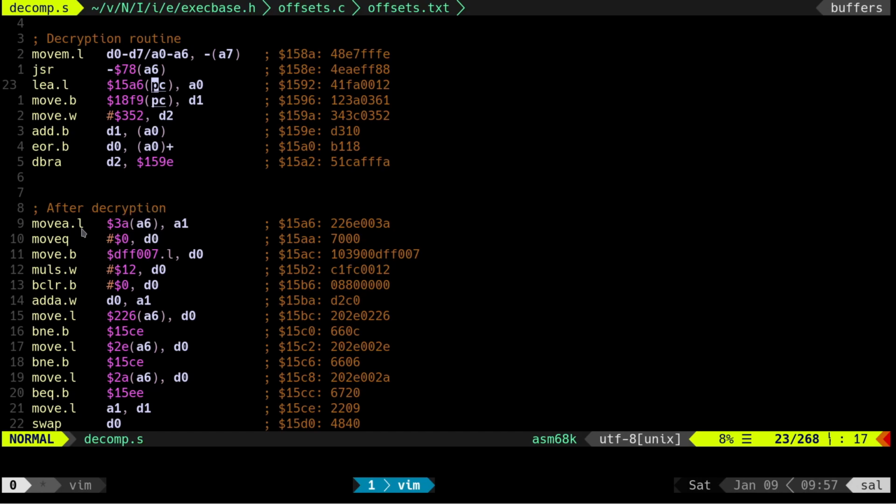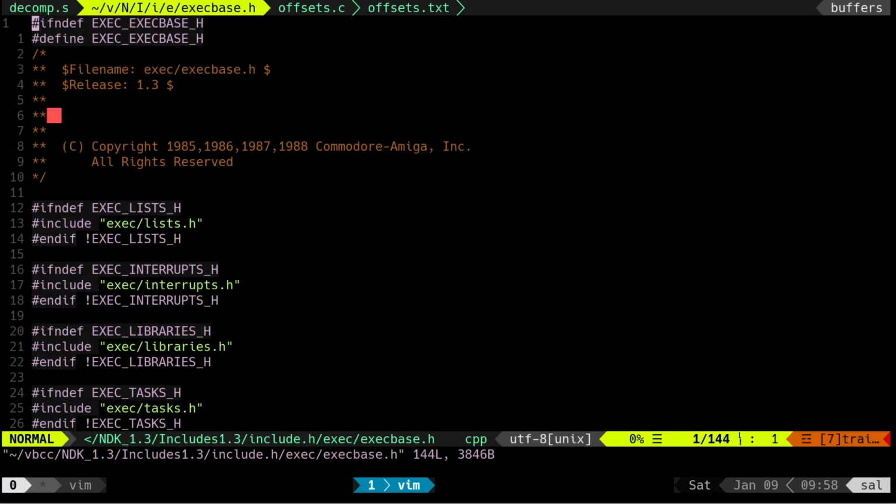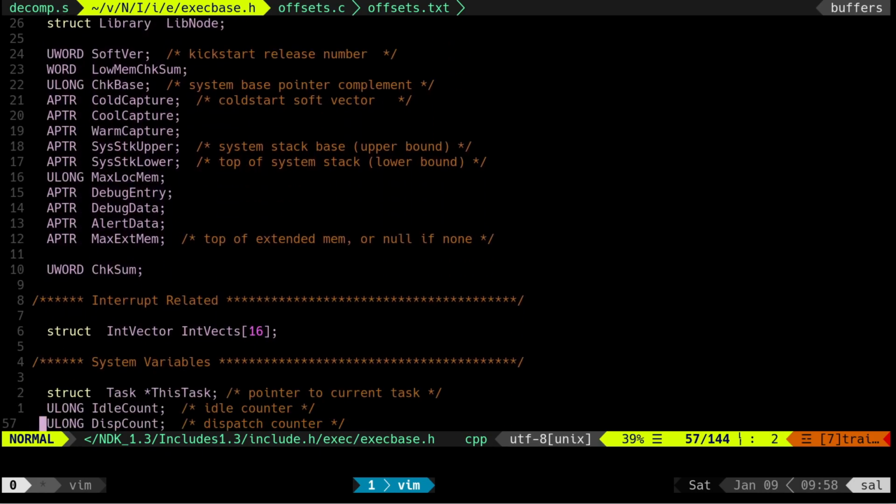decryptions. So here you have the same thing. They get a long word relative to A6, so the base of exec base basically, with an offset, but this time it's positive. So let's see what it is. If you look at the headers for the Amiga OS, and you go to the execbase.h, basically where they define this, where this A6 register is pointing to,